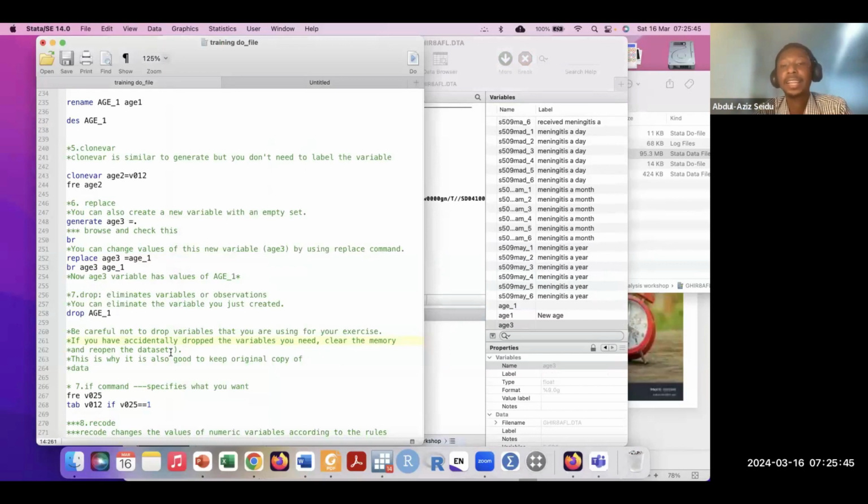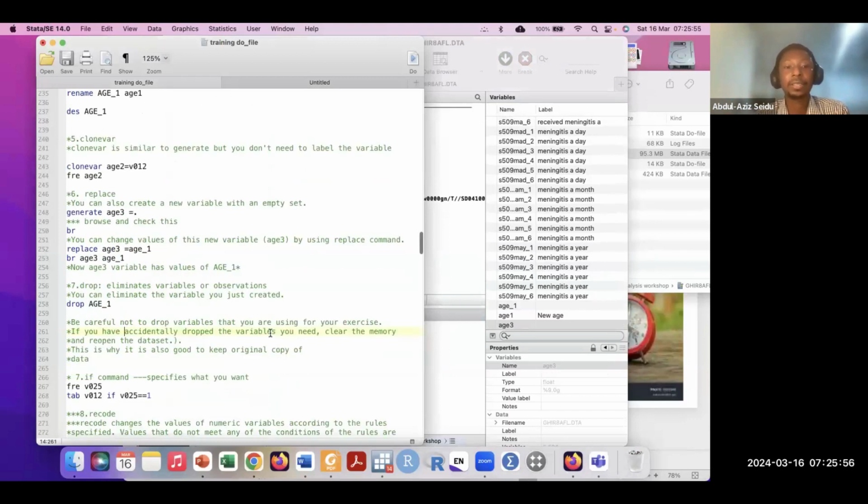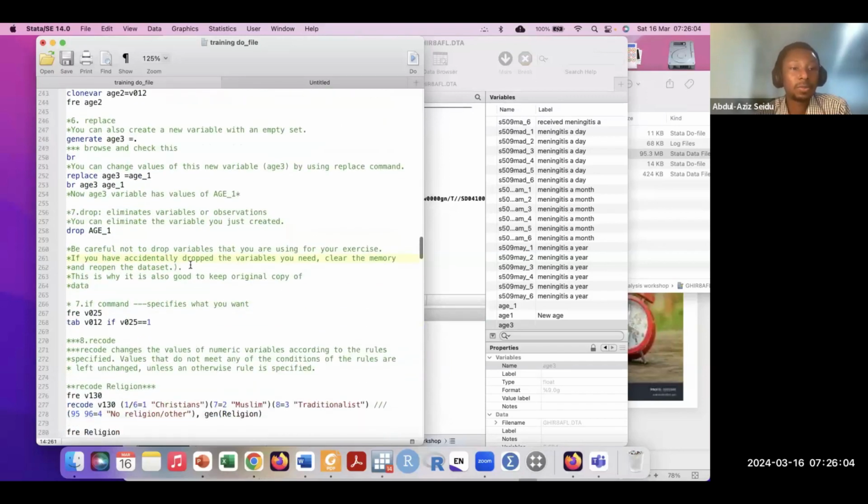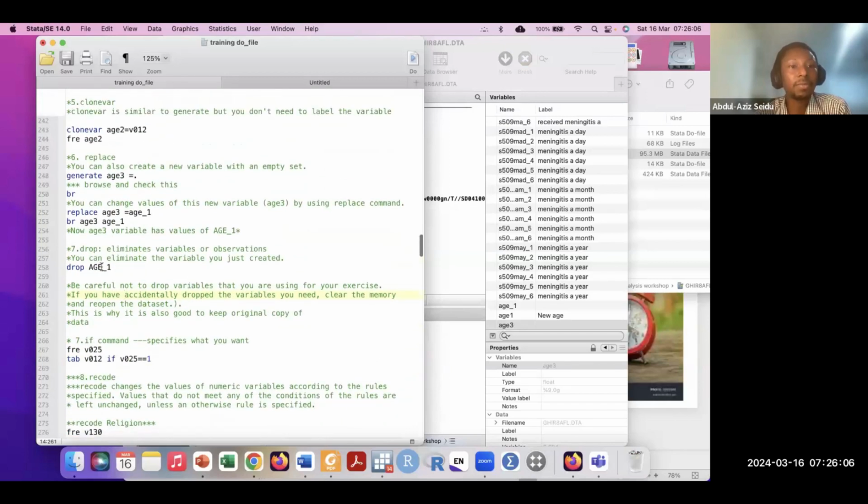And if you've accidentally dropped a variable, but you've not saved your data file, you can just clear everything and then go and recall your data, and everything will come back. So be mindful of using the drop command in your data analysis. So that's about the drop. Now let's